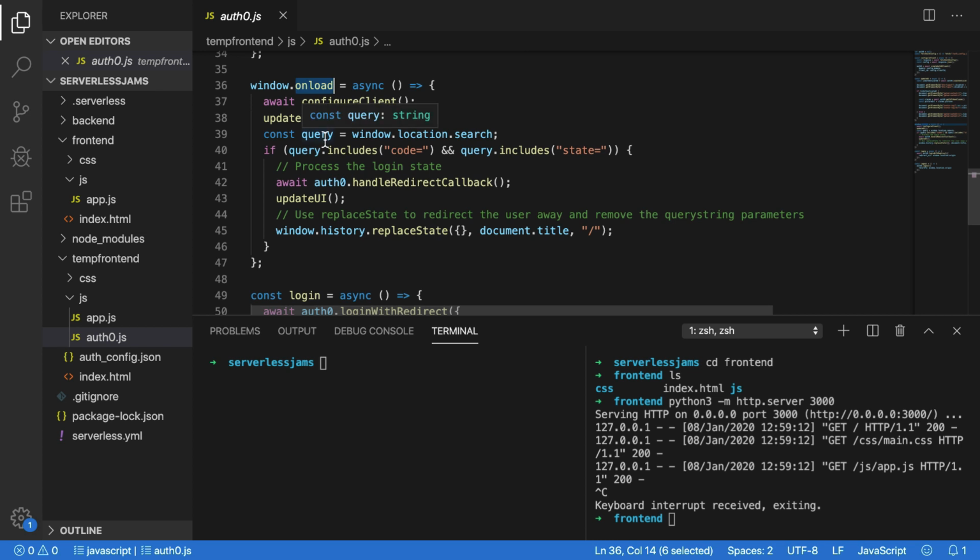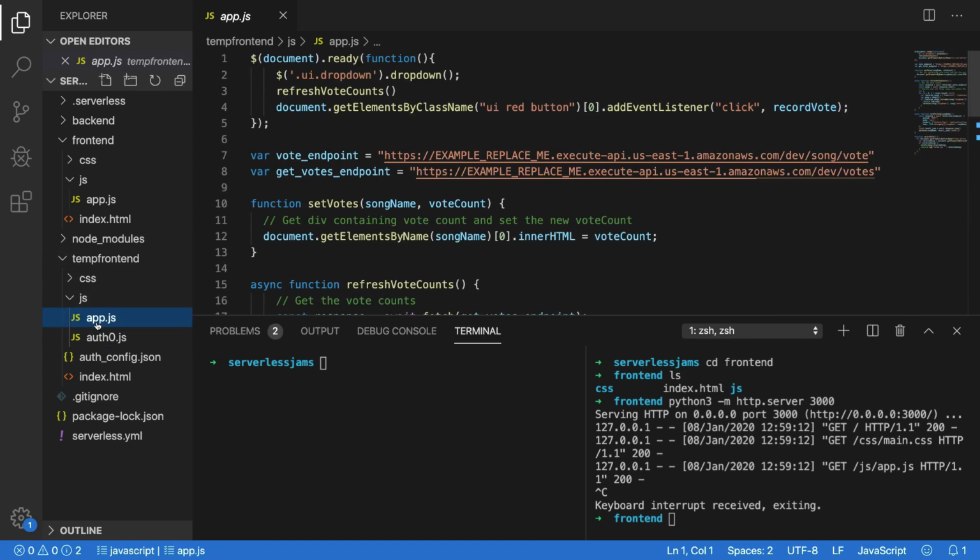So what will happen inside here essentially is when we see a code equals and a state equals inside of the URL bar, that'll tell us that we've actually started the login process, and we need to call this other method of the Auth0 client to handle those two values and then turn it into a logged in user with metadata that's stored locally inside of our browsers. Now, I'll show you that in a minute, but the next thing we'll need to do to change this around